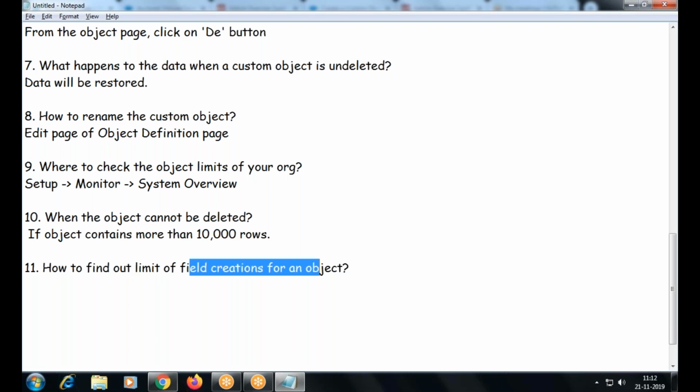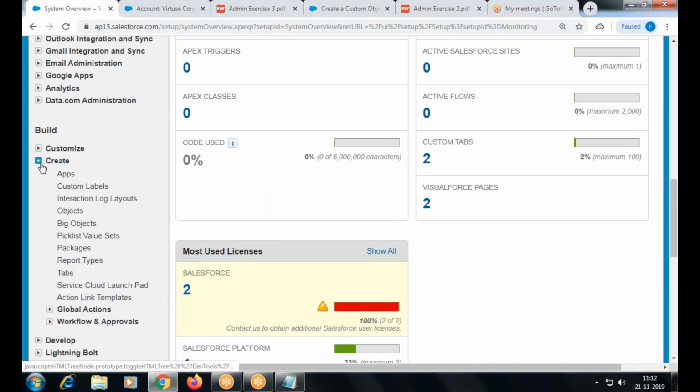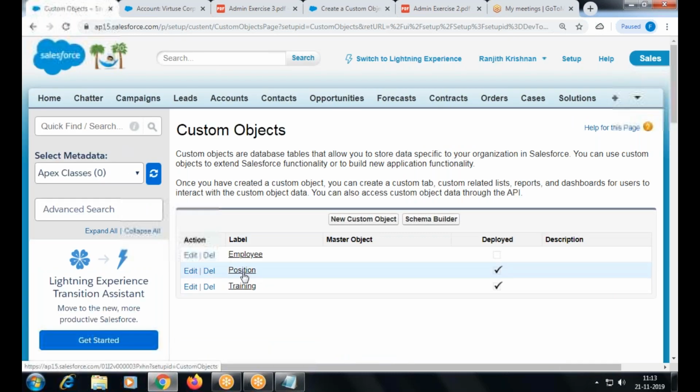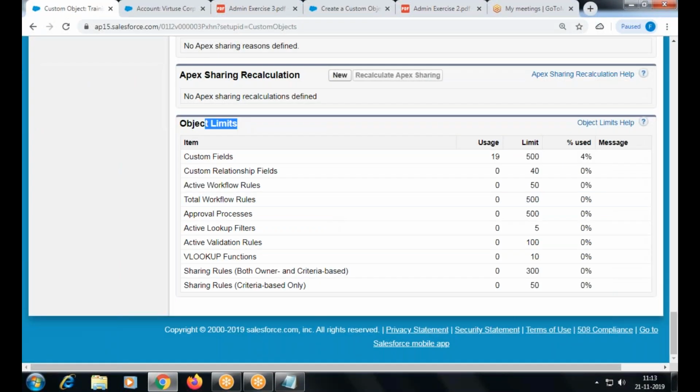How to check that limit? Not here. We are talking about object, so go to any object. The last section is called Object Limits. You find it, right? So what is the fields limit? 500. 4%, 19 fields have been created like this.